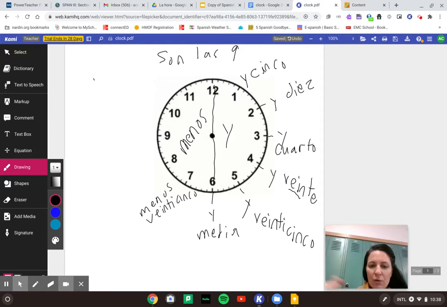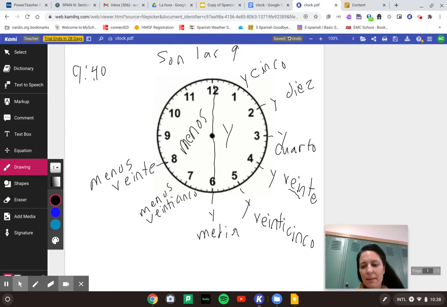So let's just make sure you know that you can label this. And then if it's, say, 9:40, like this one, then it would be menos what? Menos 20, because we're saying minus 20. So it's basically 20 minutes to 10. So son las 9 or son las 10? For that one, we would say son las 10. This is for 9:40, menos 20. So it's 10